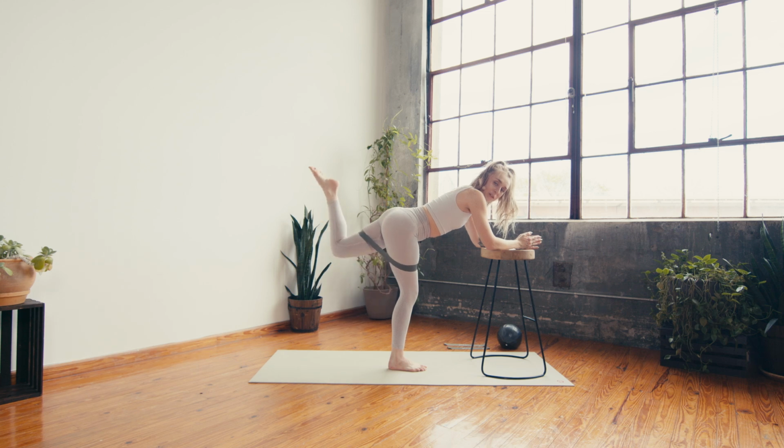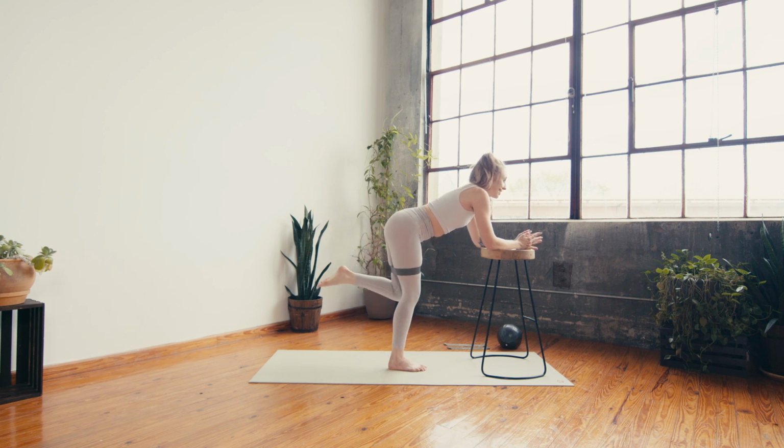Yes, up for 2, down for 2. Slow burn. Still gets the heart rate up. Down, up, yes. Try to find your mind-muscle connection with your left side. So squeezing your glutes as you reach back, and especially on the lower, can you resist the band? It's going to want to pull you back in really fast. Can you slow down that movement? Yes, that's it. Down, up,